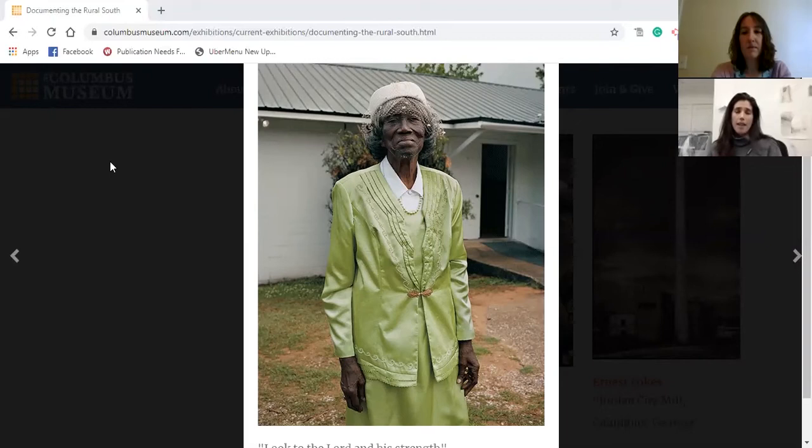So I asked her if I could photograph her, and she just nodded. She said yes. And I think I was able to get one or two shots of her before she walked away. And it's one of the photographs that I'm most proud of making,